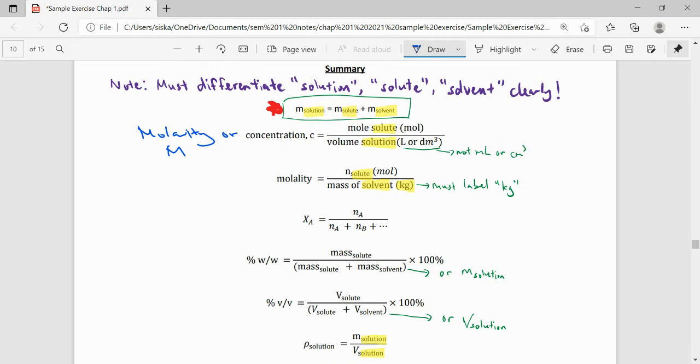Okay, summary. You must be able to differentiate between solution, solute, and solvent clearly. Molarity, the symbol is M. Concentration, the symbol is C. Then I want to highlight something on volume of solution. Let's say the density is 2.0 gram per cm cube. Then you can assume the mass of solution, and you can assume that you have